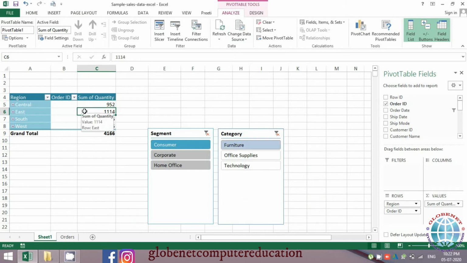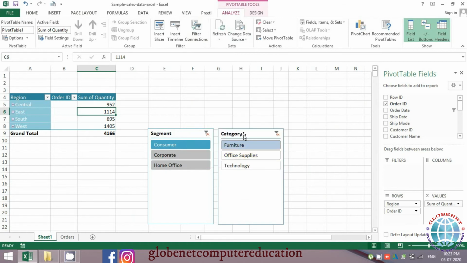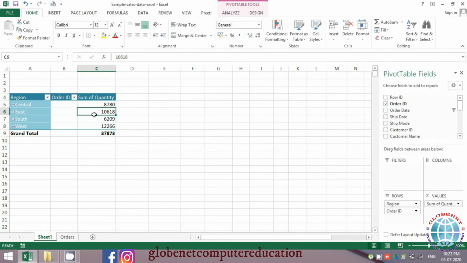So in this filter connections, you'll get to see what all filters you have present in this view. Let me just delete it. Deleting all of it, and I'm going to my basic data.